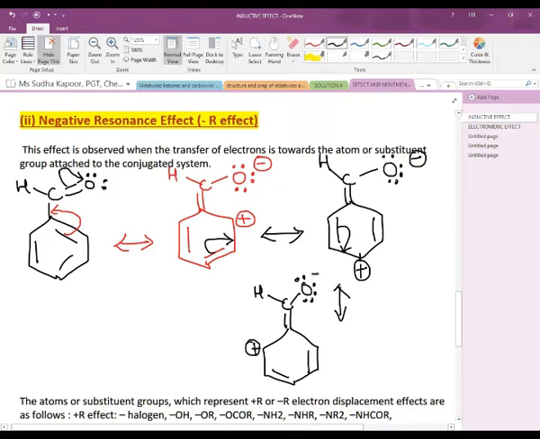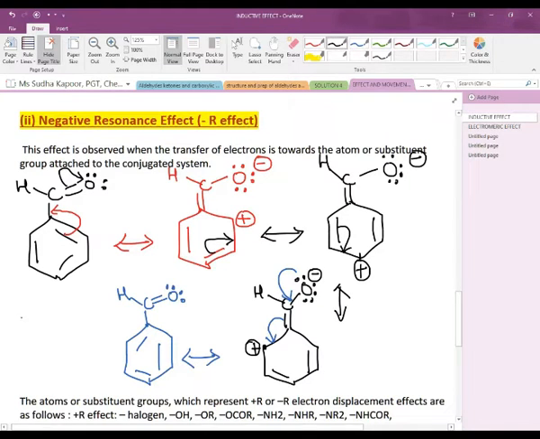So this becomes negative. Now further, this carbon at the ortho position has 3 bonds, 2 single as we can see, and one is the H, which is attached to all carbons in the case of benzene. Now this pi bond is shifted to the center, and this lone pair again gets back in between carbon and oxygen. So the final structure obtained is this, the double bond. The bond position has altered while all the other bonds have the same nature.